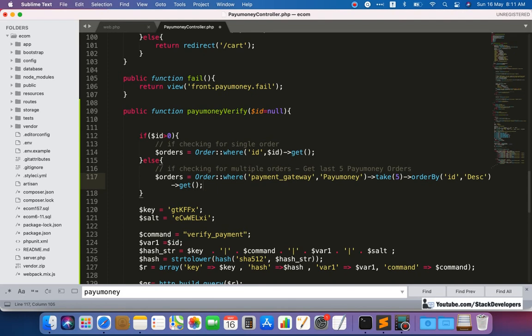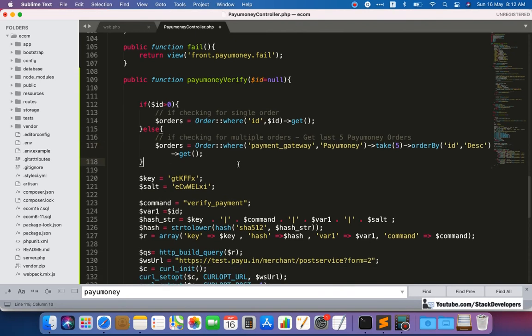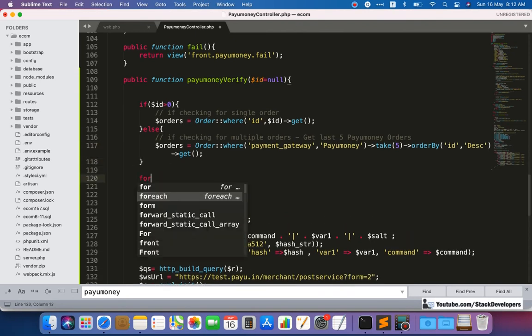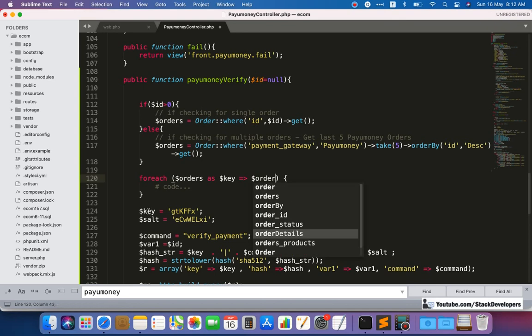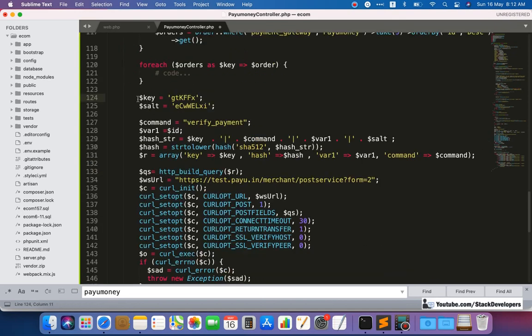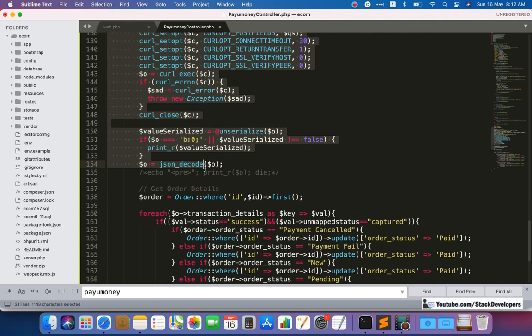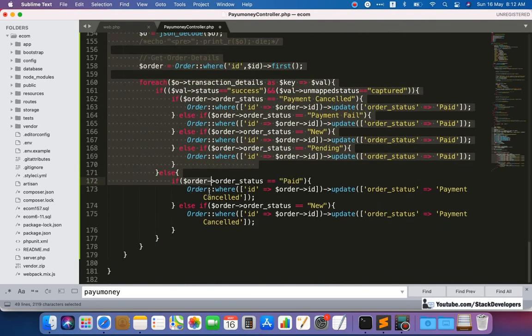So this is the way. Fine. Now after this we will add the foreach loop. Here the foreach loop will come, and we will pass these orders as order like this. This complete API we will move inside that loop.